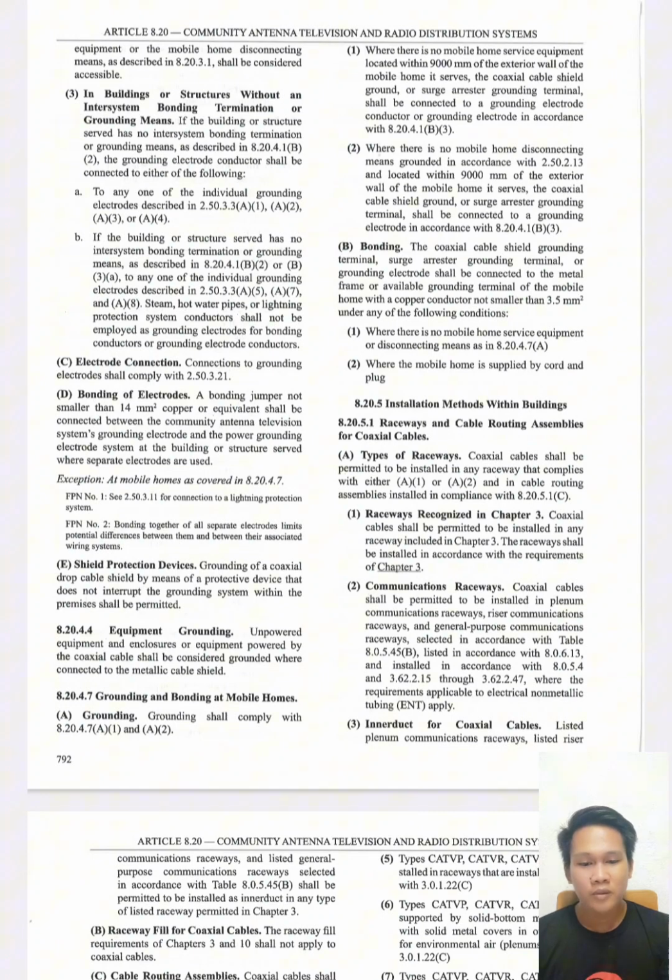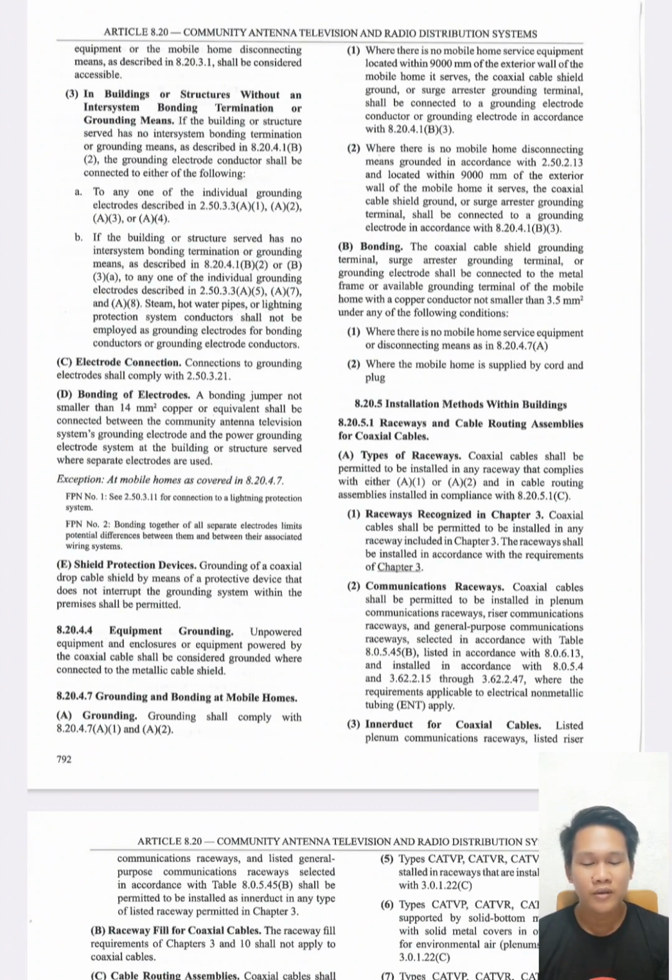So next we have 8.20.5 installation methods within buildings. 8.20.5.1 Raceways and cable routing assemblies for coaxial cables. A. Types of raceways. Coaxial cable shall be permitted to be installed in any raceways that complies with either A1 or A2, and in cable routing assemblies installed in compliance with